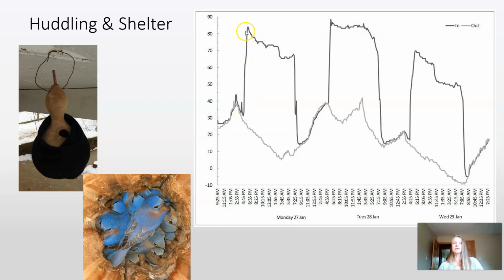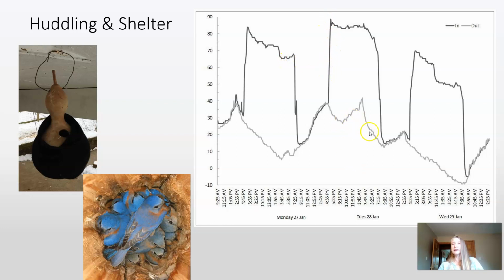Quickly, the temperature of the gourd increased inside up above 85 degrees. This is in Fahrenheit. Sorry, this was for a public talk, so I don't have the sciencey Celsius here, but in Fahrenheit. And then you can see overnight, even as temperatures are dropping, the inside of that gourd is still staying above 65 degrees with these birds.